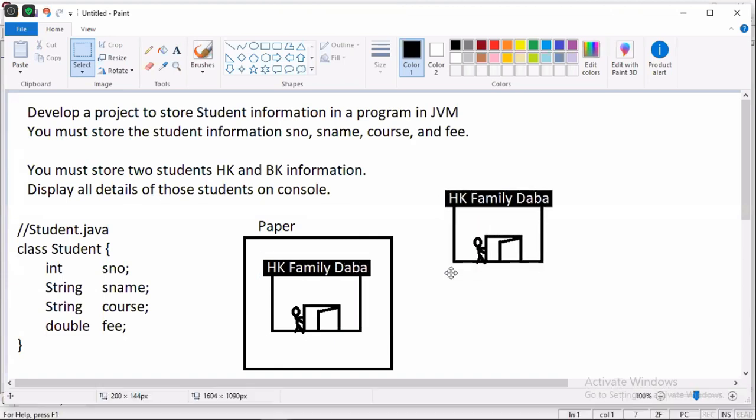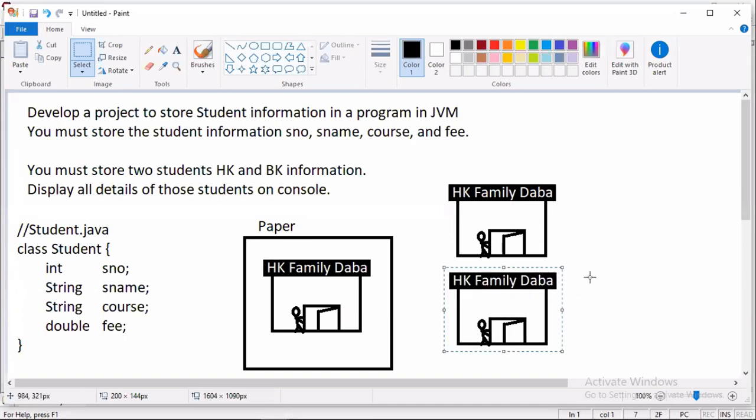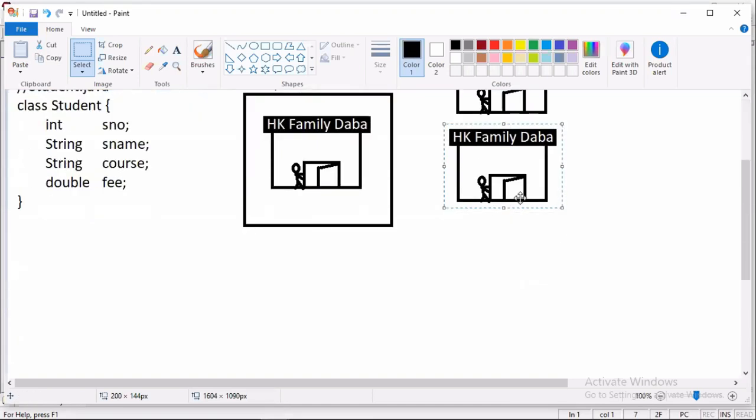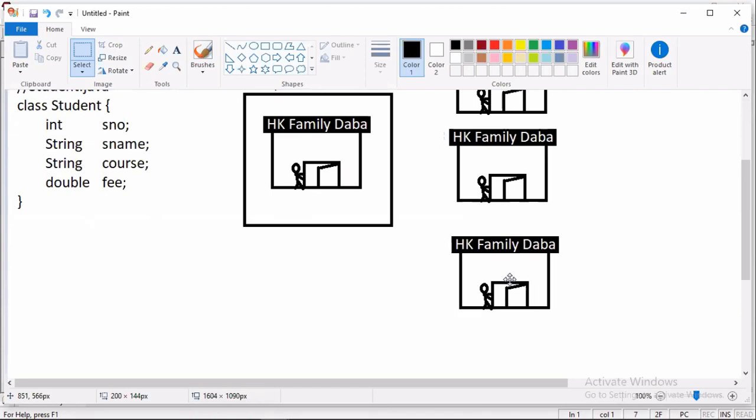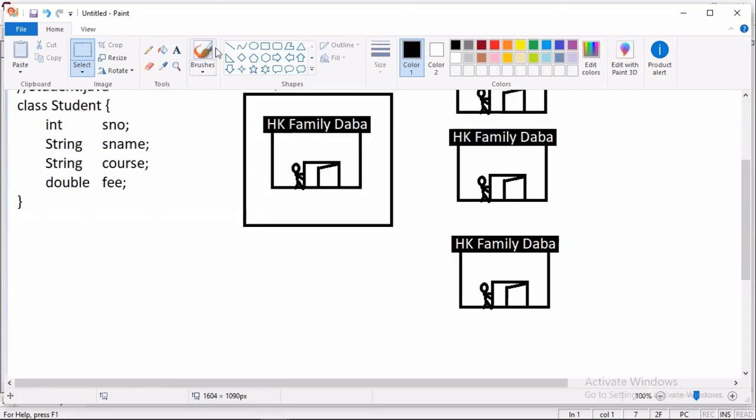This is the first hotel, this HK Daba Hotel. Then next, Balai Babu Daba Hotel. And next, one more, Pawan Kalyan Babu Daba Hotel. Names are changing, but the hotel is what? Same. Okay, tell me, this is on the paper.